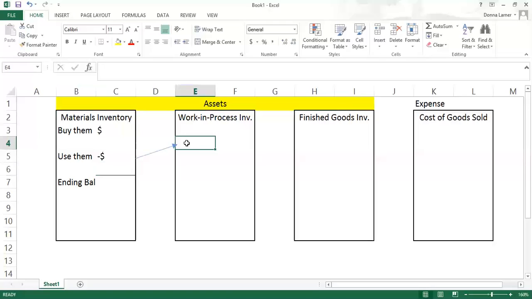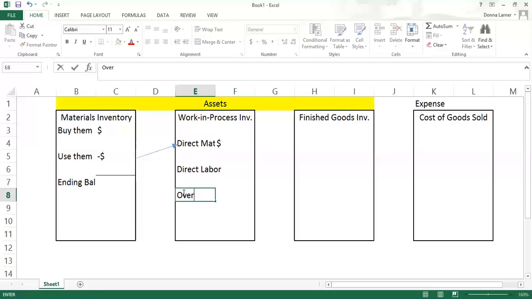Work in process represents the products we're currently working on making. All the costs sit there and just accumulate. When the products are finished, then we'll move the amount of money we've spent, or costs we've incurred in making them, over to finished goods. So one of the costs is direct materials. The cost of the direct materials that we're using in production comes out of materials inventory and goes into work in process. Other costs that go in here would be direct labor